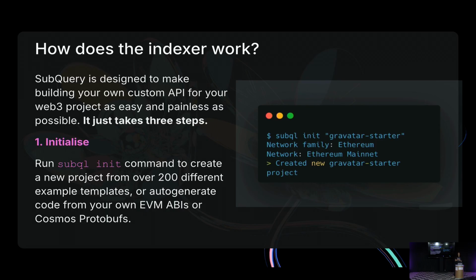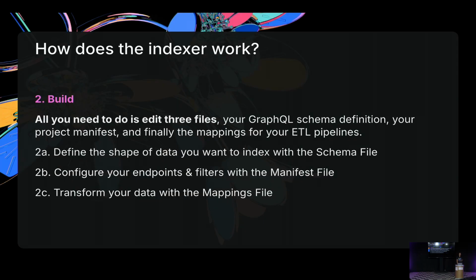This command will then show you the network family you want to get your project initialized. Let's say it's Polkadot, and then there will be a bunch of parachains that you can choose from. And you will end up with a scaffolding, ready-made project that is indexing some data. Maybe it will be simple, like transfers, approvals, transfer account balance, something very simple, but to get you started, right? And as I said, we have hundreds of those examples.